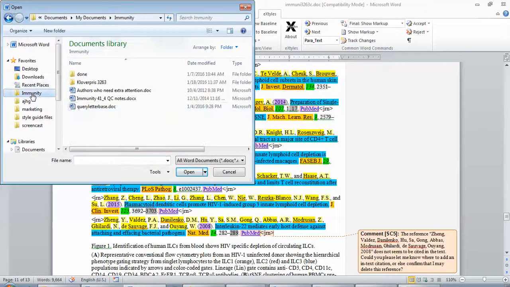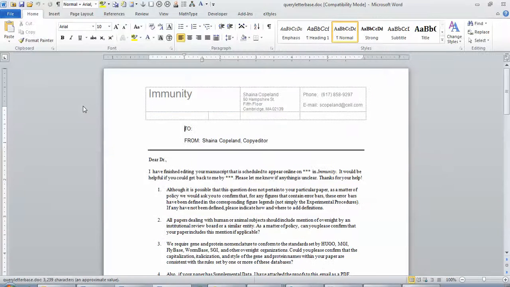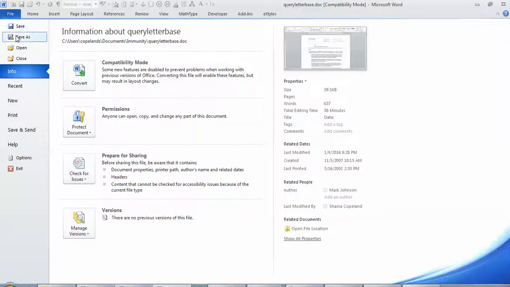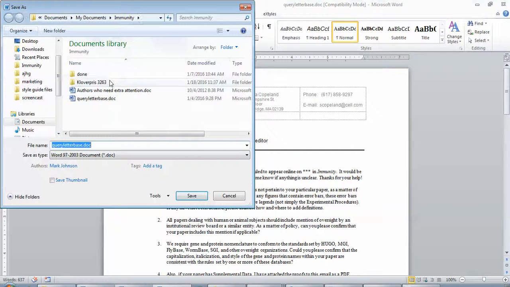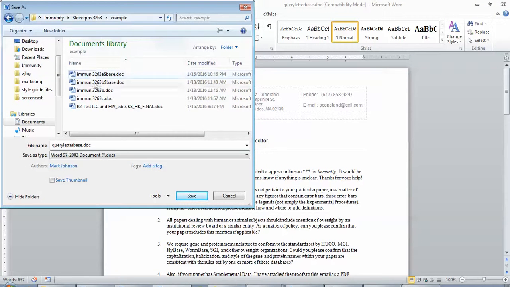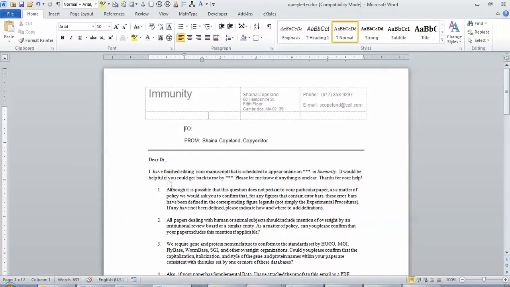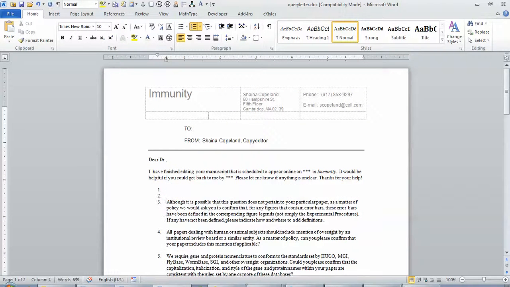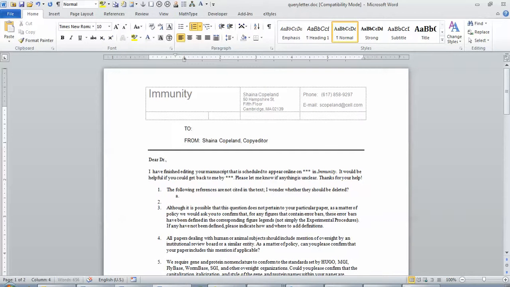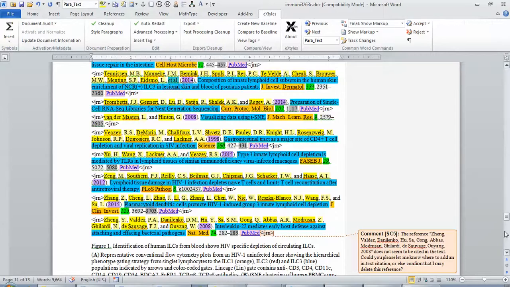This is an immunity paper, so I'll pick that template. Save it in the file with all the rest of the pieces on this paper. And I'll just start something here. The following references are not cited in the text. I wonder whether they should be deleted. And they are